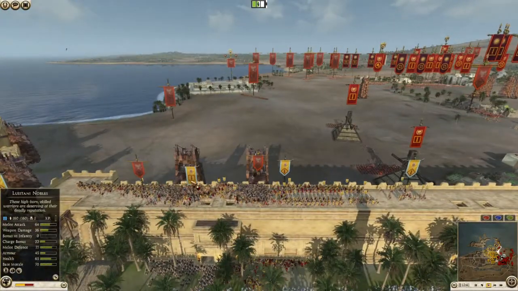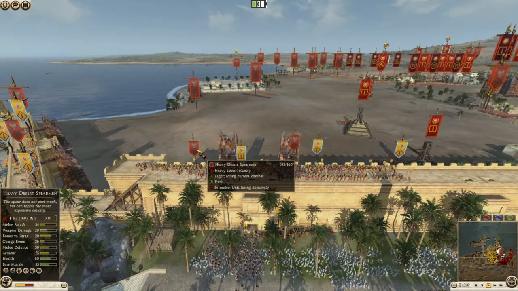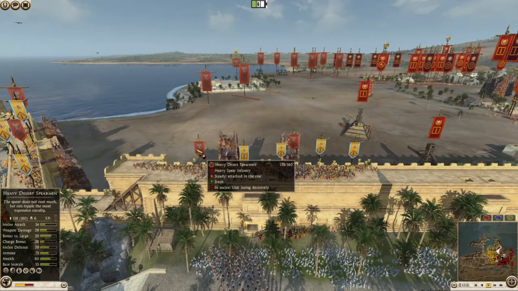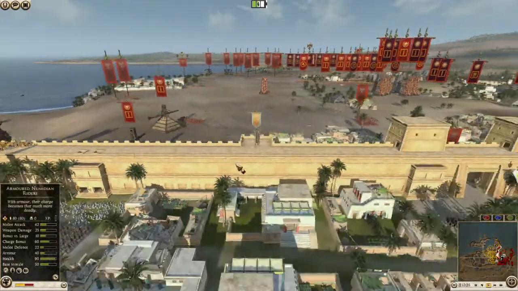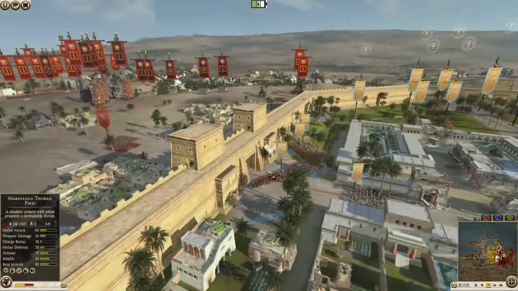So he's actually sent up his Lusitani nobles right off the bat to deal with these heavy desert spearmen. I mean, they're not like the greatest unit, so it's not a bad idea to send up your elites and just cut right through them. Granted, they will end up being a little tired, so that is a bit of a drawback. Back over here,